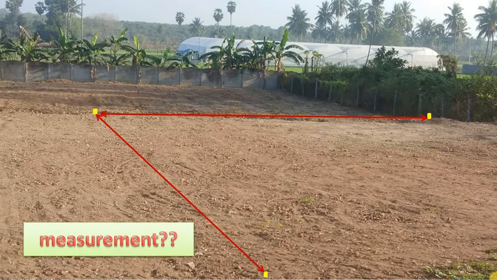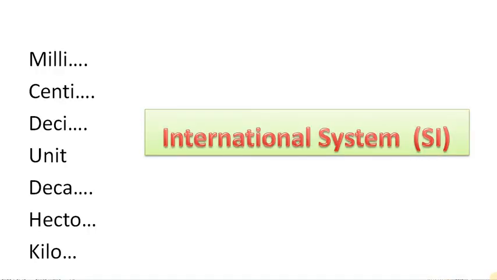We are aware of the measurement units like millimeter, centimeter, meter and kilometer. While measuring a land, normally feet and inches are used. This meter or feet unit will sometimes give a confusion. Let us sort it out. There are many systems of units. At present, the international system of units is used universally, which are mentioned here.